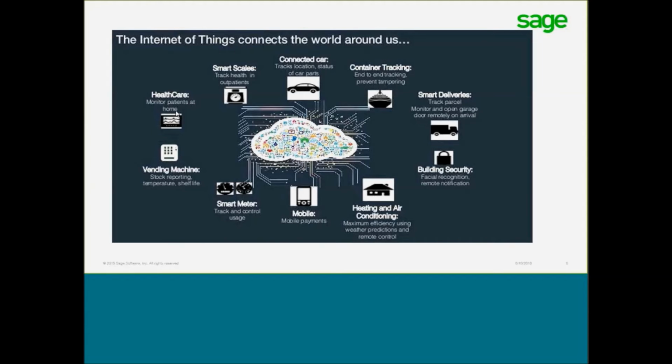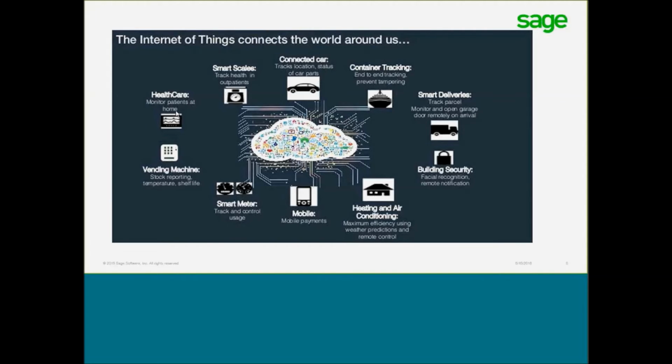Even within vending machines, being able to report on stock, the temperature of the machines themselves, and then being able to respond to refilling the stock within those machines. We can track and monitor parcels during deliveries so that we know where they are and when they're likely to arrive at the destination. And we can also monitor and manage our homes. So that is happening today, monitoring the security, the energy usage, and even setting the optimum temperature remotely within our homes. Those are just examples of connectivity across the world using the Internet of Things.